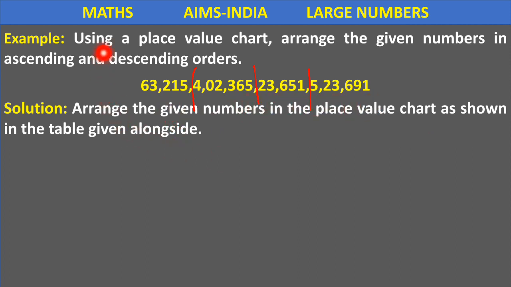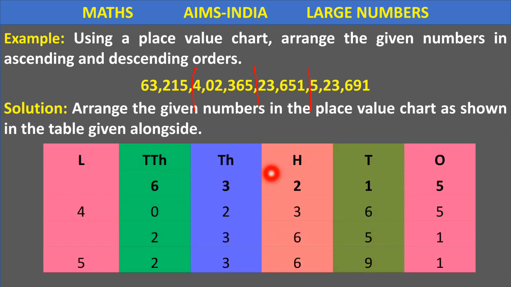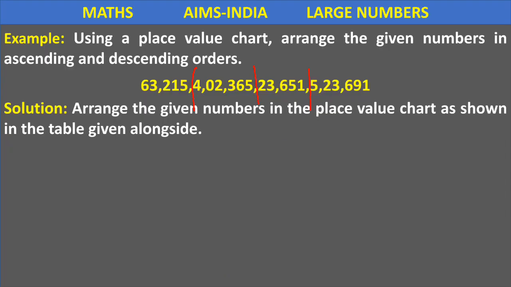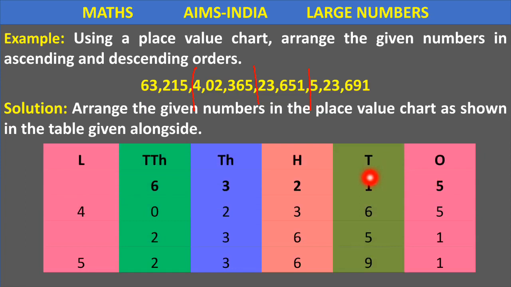What should we do first? In the question they are asking us to use a place value chart. So the first step will be to arrange the given numbers in the place value chart as shown in the table. Now this is a place value chart. We write place values from the right side, right? First comes ones, then comes tens, hundreds, thousands, ten thousands and lakhs. Now look at the first number here, 63,215. It has only 5 digits with ten thousands as its highest place value. So we have written